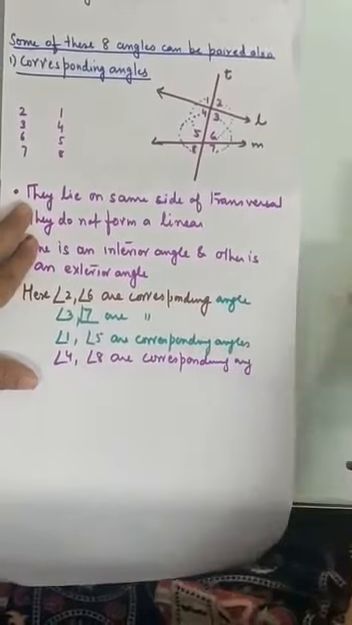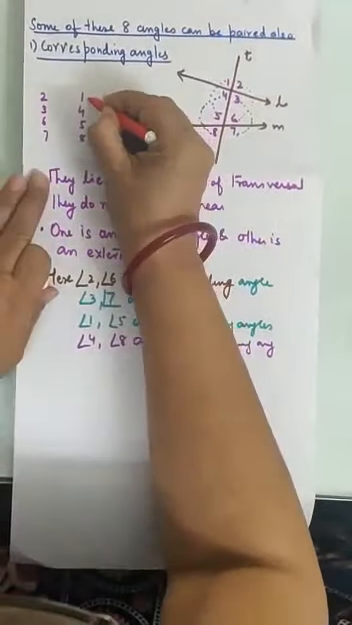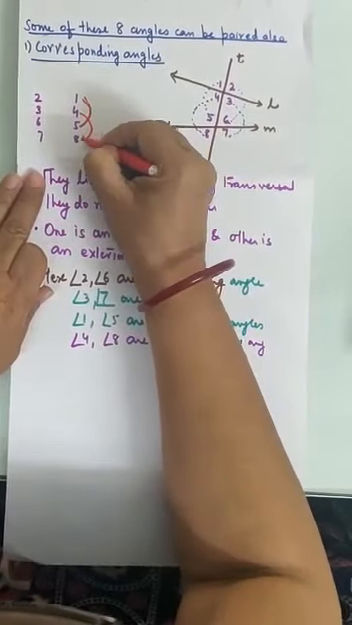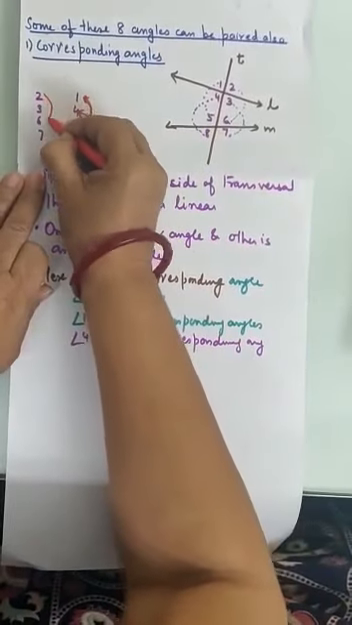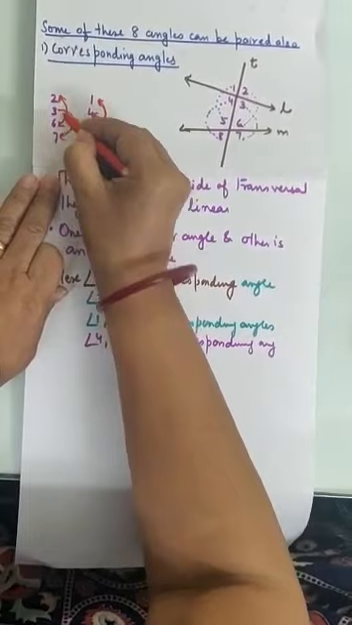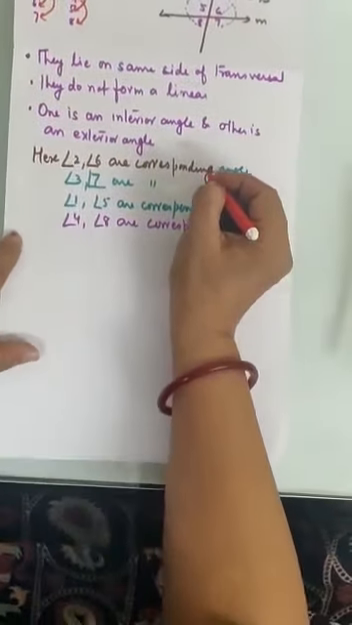So what do we see here? If we mark here, 1 and 5 are corresponding angles, 4 and 8 are corresponding angles. Alright, here 2 and 6 are corresponding angles, and here 3 and 7 are corresponding angles. Understood? Next in the heading is